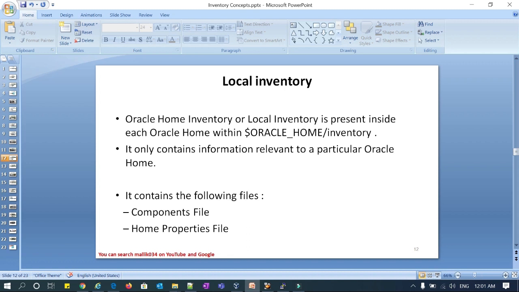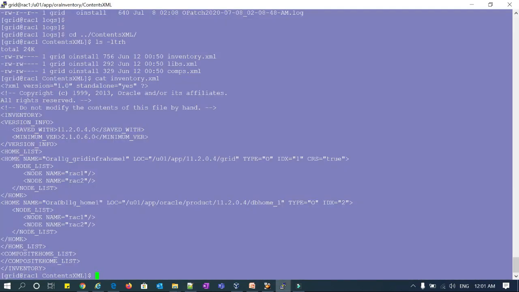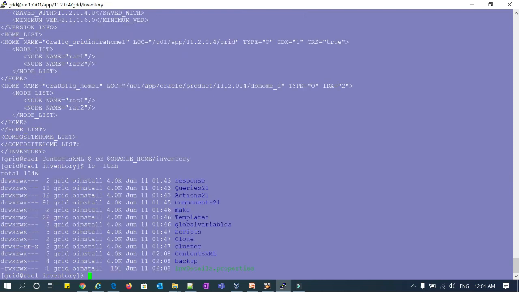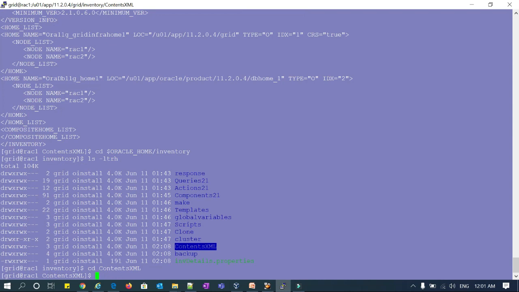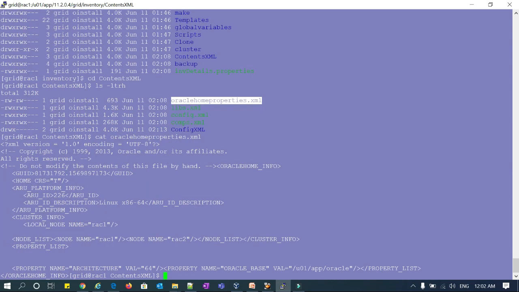So if I can quickly go back and go to my Oracle home inventory, I can see the context.xml file, and I can see homeproperties.xml. If you see here, it has my Linux version, then local node, and then my remote node. All these versions you can see here. And if I see comps.xml, it is a huge file, like it will be having all the details of my